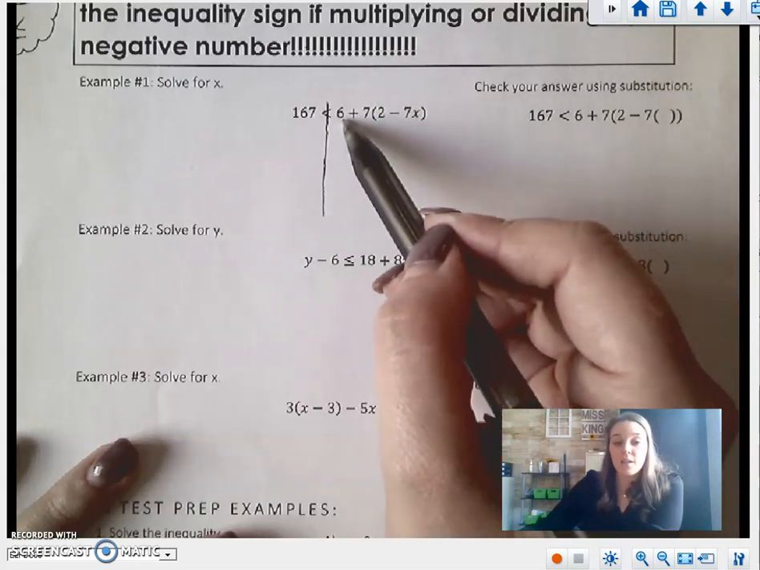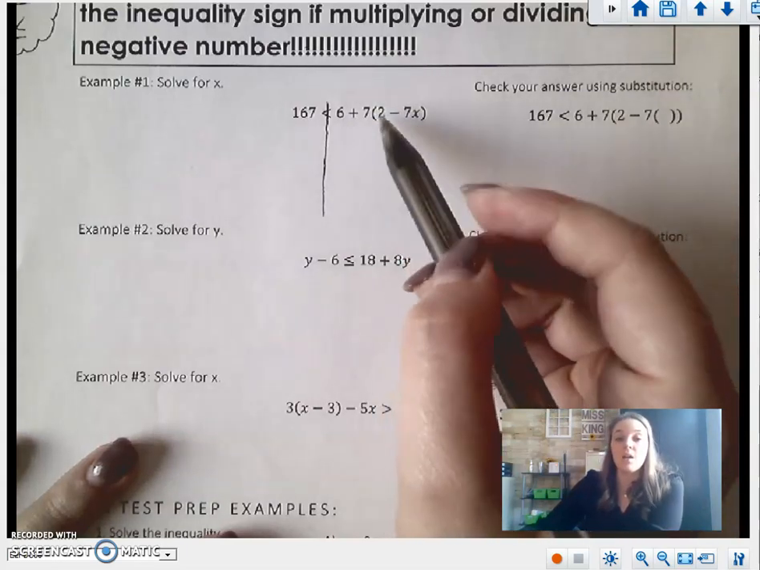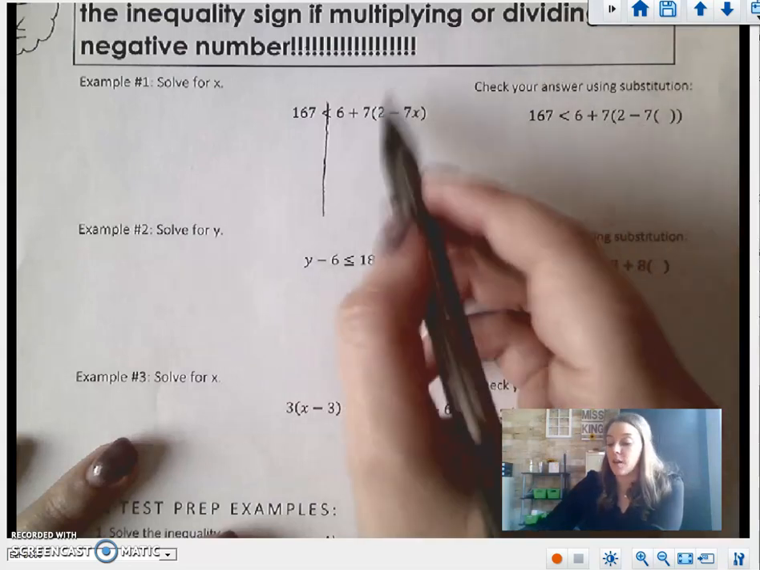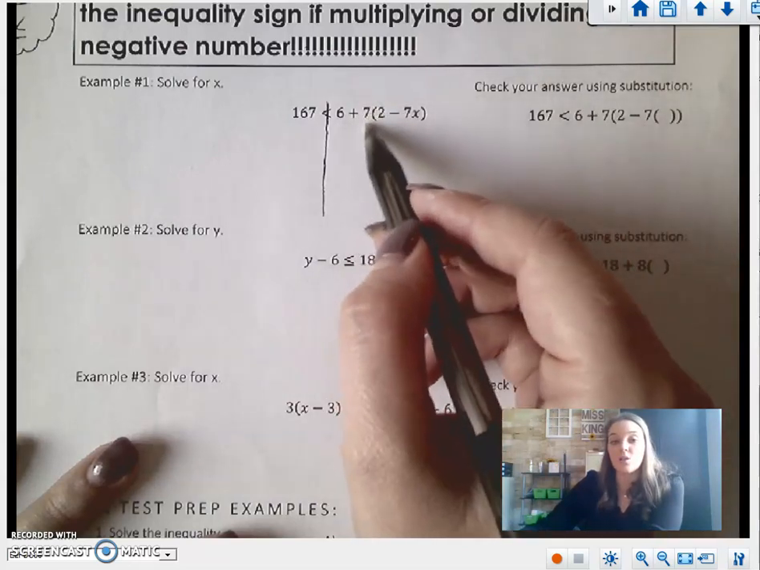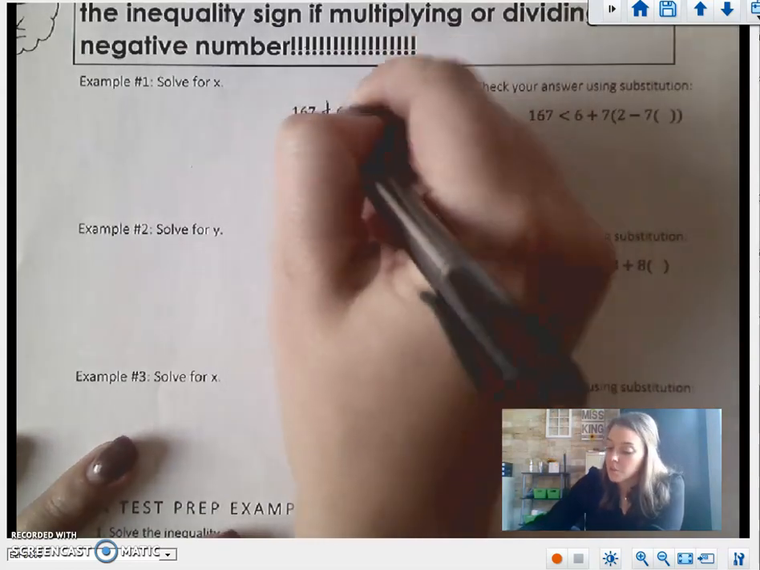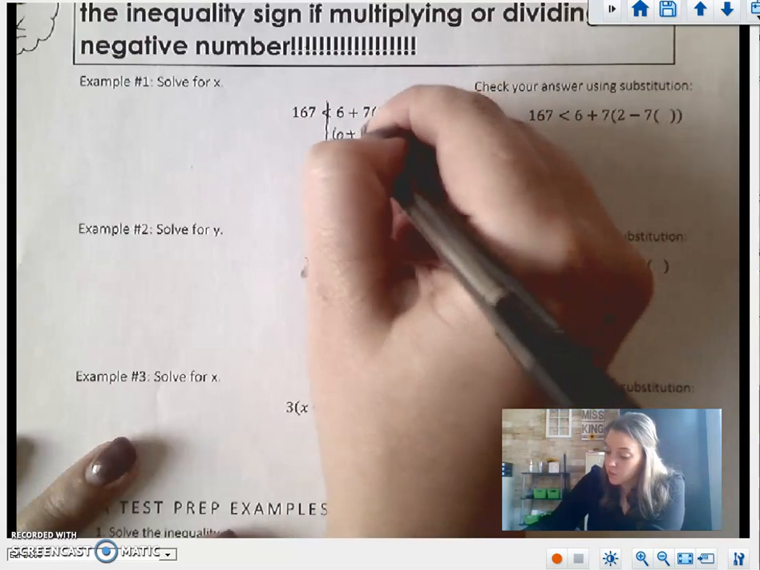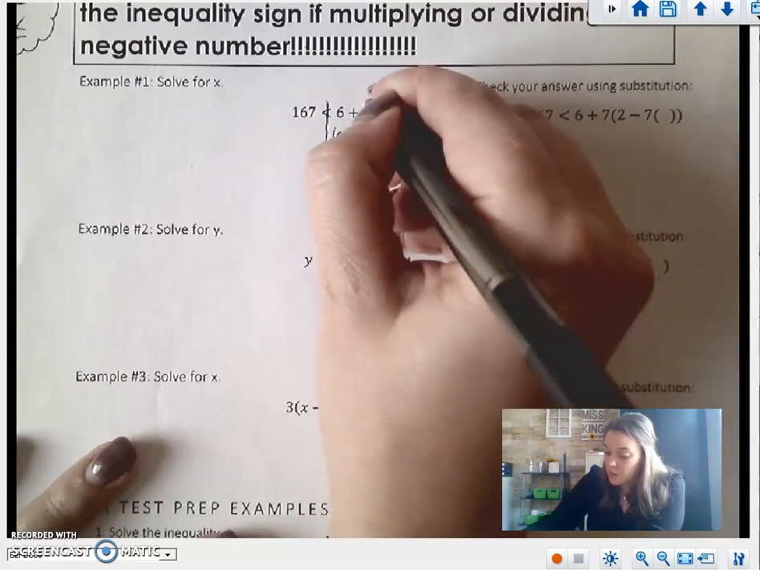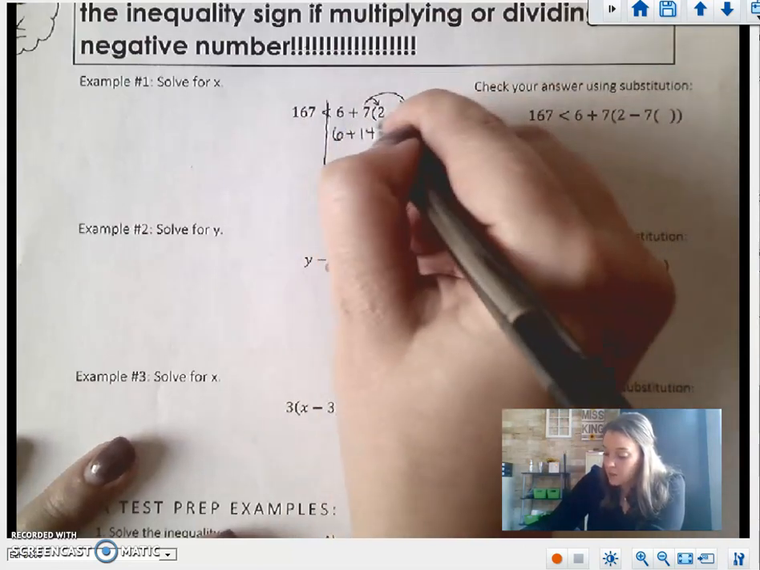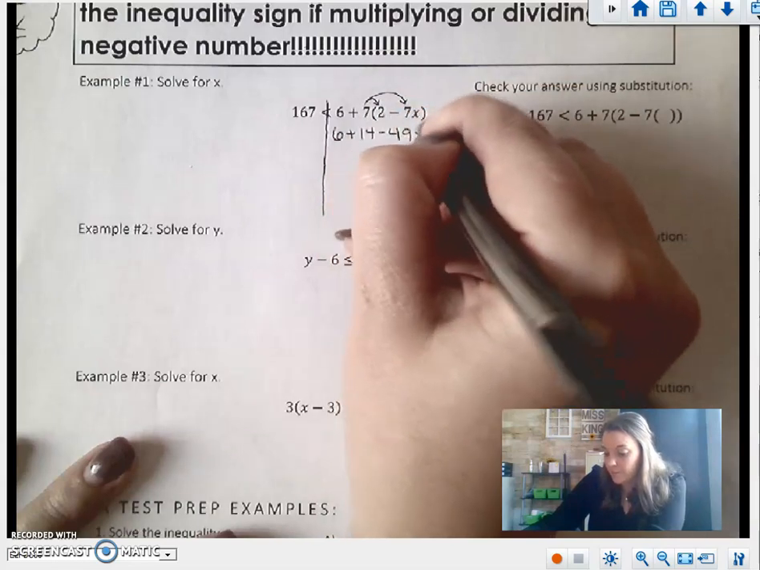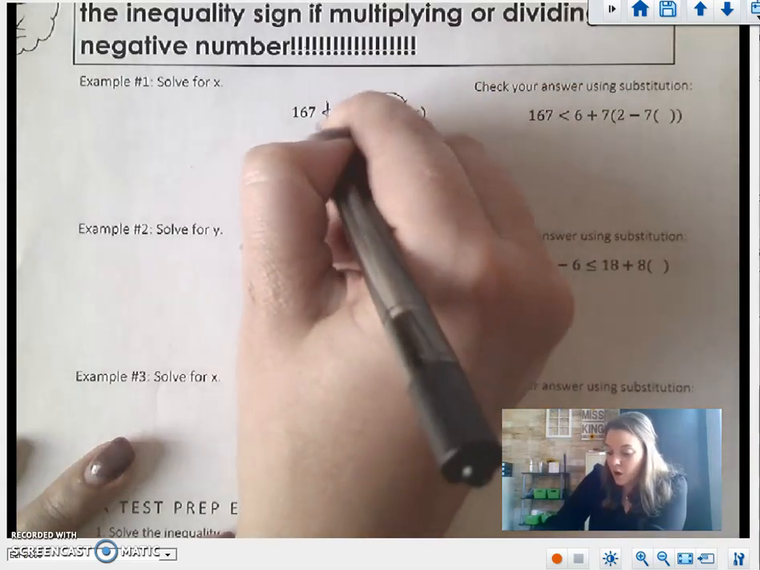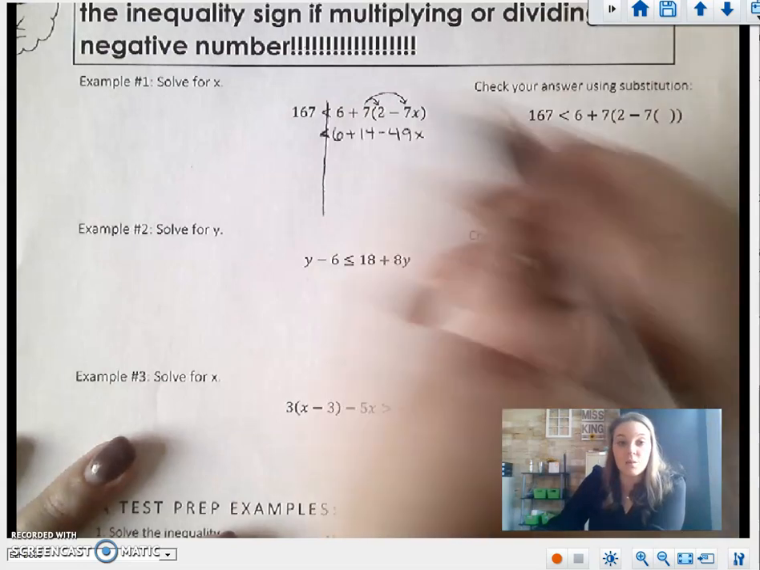On the right-hand side, I have 6 plus 7 times the quantity 2 minus 7x. So I can distribute this 7. So I'm going to drop down this 6 plus 7 times 2 is 14. 7 times negative 7x is negative 49x. I'm going to drop down my less than symbol